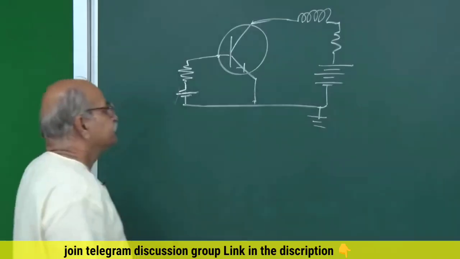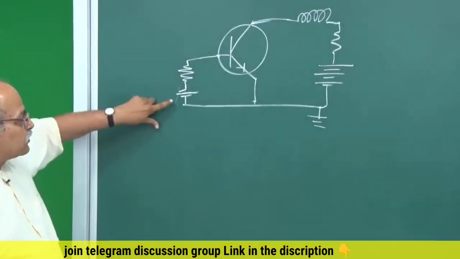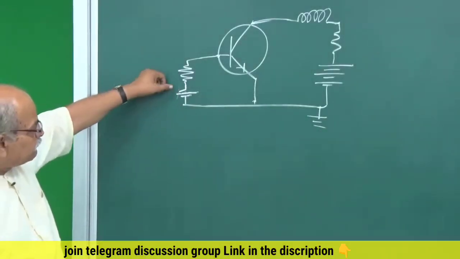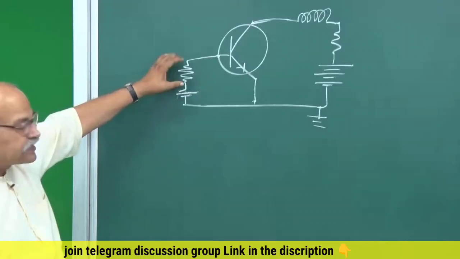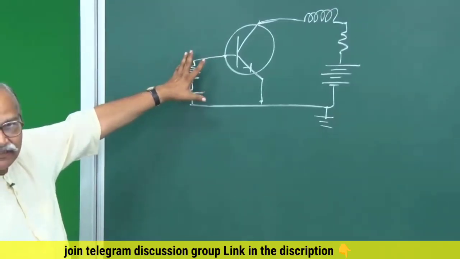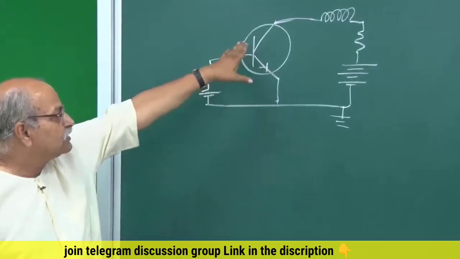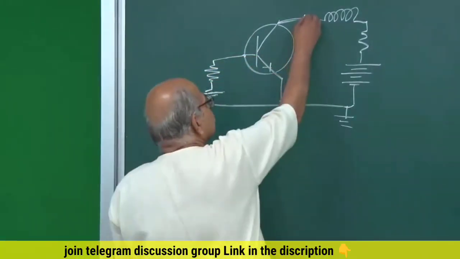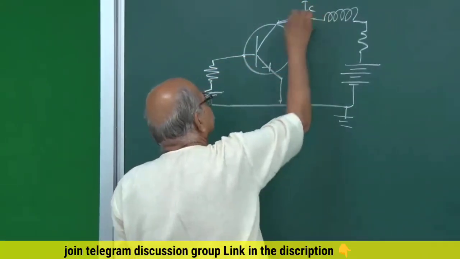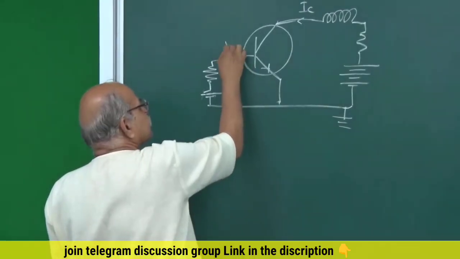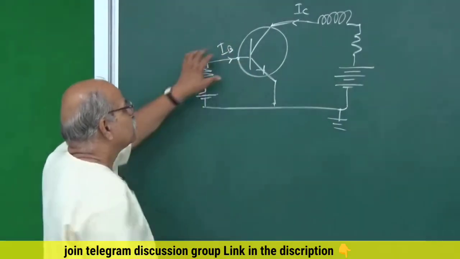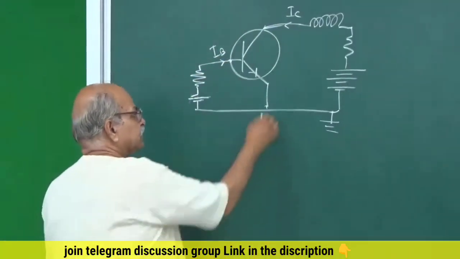battery like this. So here is the control, and if the switch is open, this is in cutoff mode. There is no biasing there. Since there is no biasing, there is no current, and therefore no current from here also. So this IC is also 0. This IB is here. If IB is 0, then IC is also 0. This is IE.